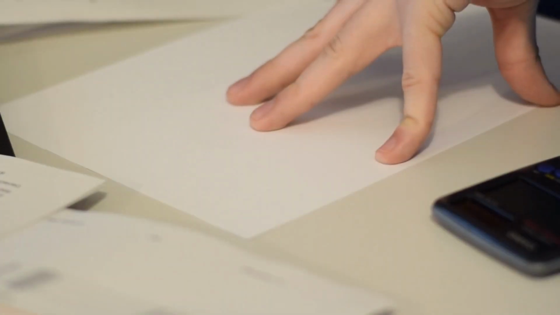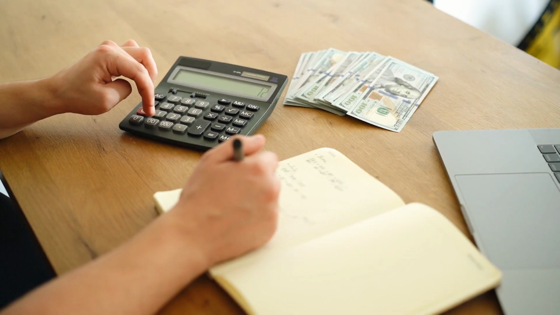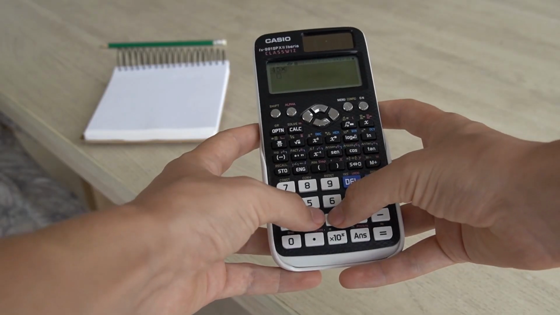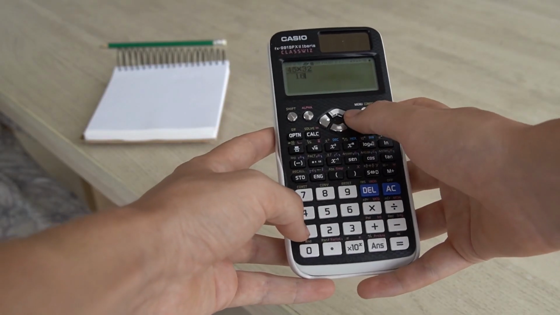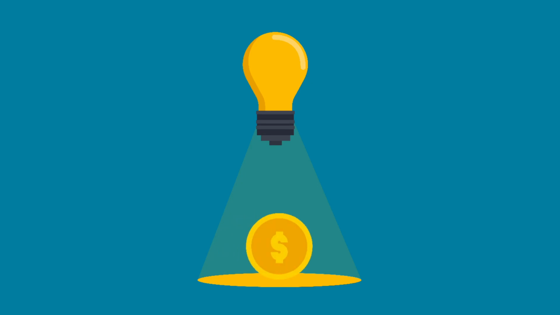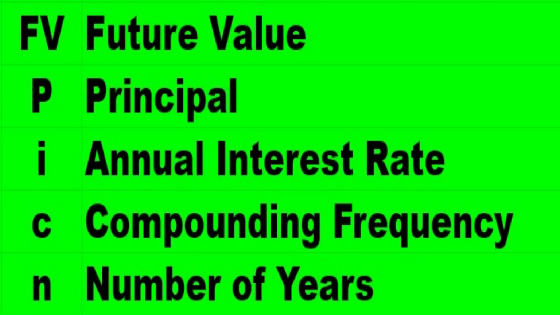Calculating compound interest is not as easy. It can be done, though, old school by calculating period by period. However, to simplify the long process, you would need a scientific calculator due to exponential math and future values. In fact, because this video is attempting to simplify the process, we will kindly refer you to some online research by Googling calculating compound interest manually, and you'll find plenty of material explaining various formulas involving the key components, like FV, which is future value, P equals principal, I equals annual interest rate, C equals compounding frequency, and N equals number of years.